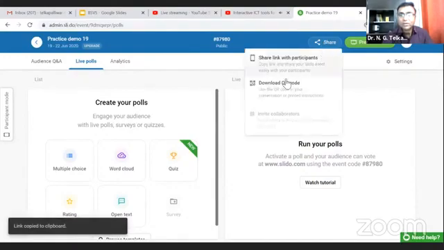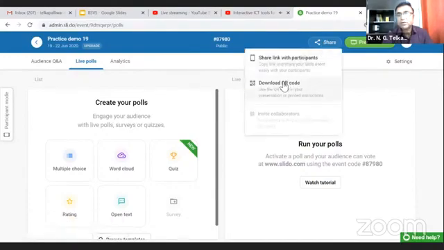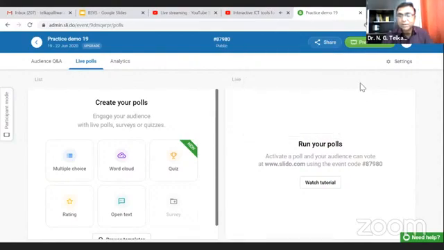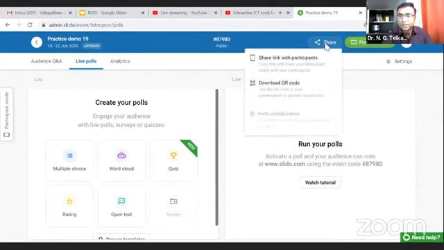You can download this QR code and provide it to the students on their various social platforms, so that during the live lecture, the student can interact with the resource person or teacher, and they can benefit in the form of knowledge sharing, question-answer sharing, and discussion with the students. So these are the various types. Then invite collaborator, which is available in the premium version. So this is the share form.